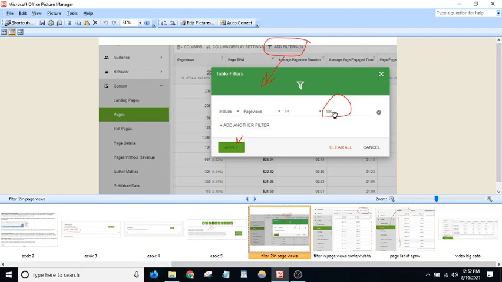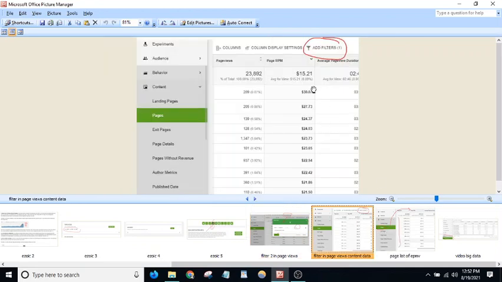I selected 100 because many of my articles get 100 page views. Maybe you have 50, or maybe you have 200 or 500 page views, so you need to select that here. Then click on apply, and it will show you all the pages that have over 100 page views.